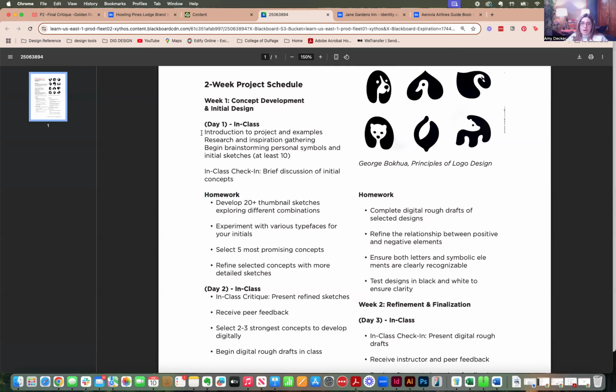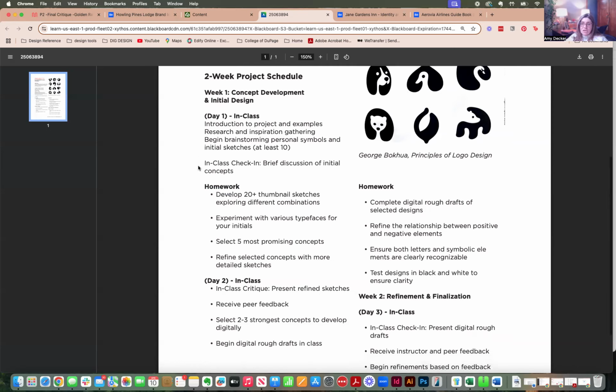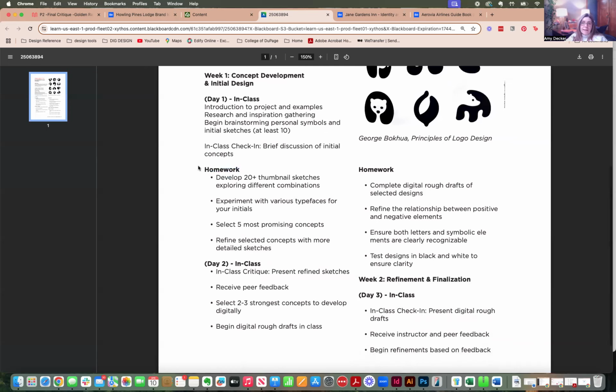So introduction to the project and examples, research and inspiration gathering. We're going to begin brainstorming personal symbols and initial sketches. We want to do at least 10. In-class check-in, brief discussion of initial concepts. So we're going to have time today to get started on this. So we have an hour and 15 minutes to really get going, a good hour at least